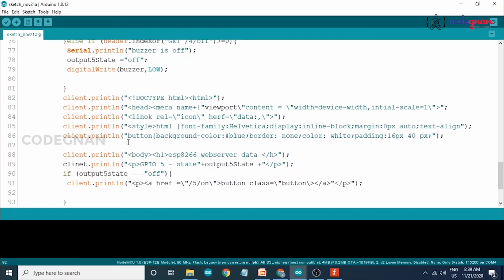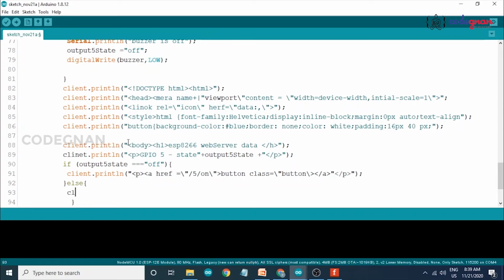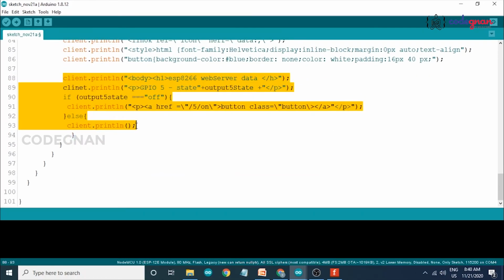And now you have to print the else condition. Else client.println, we have declared the off state, so declare the off state and repeat the same for these two also.